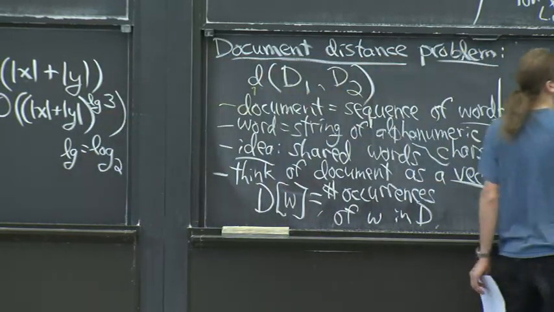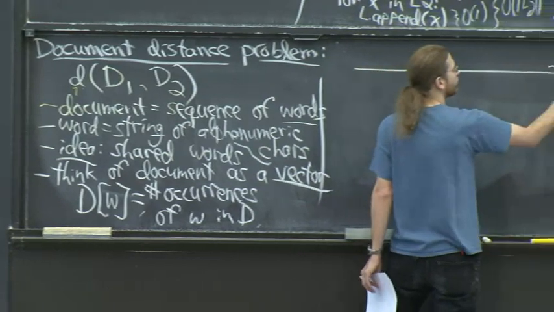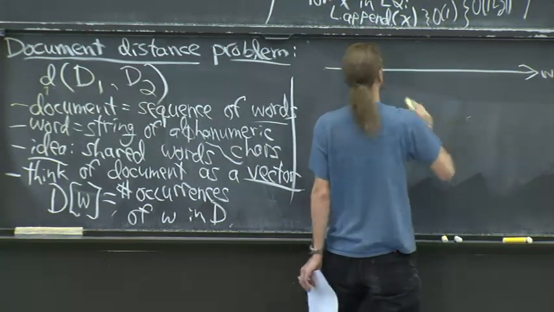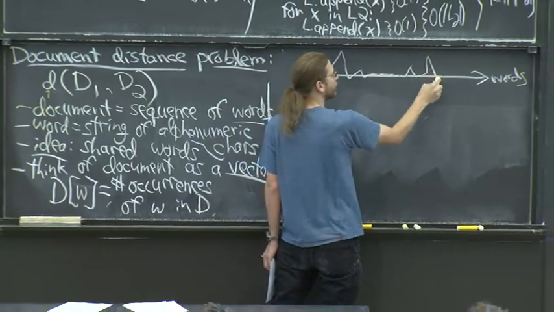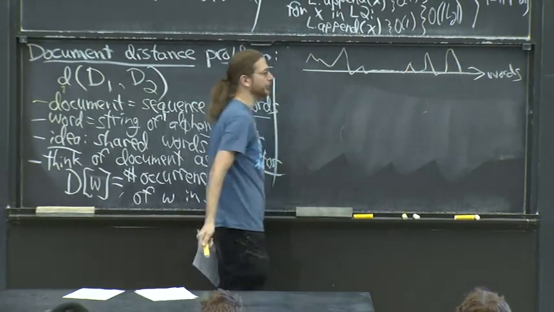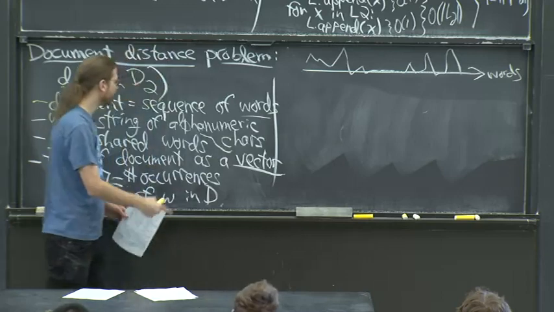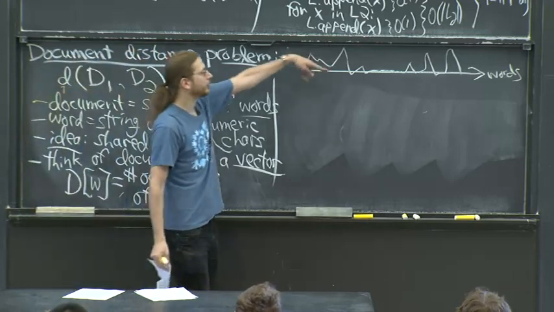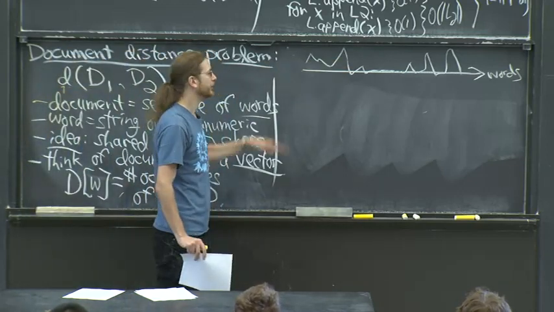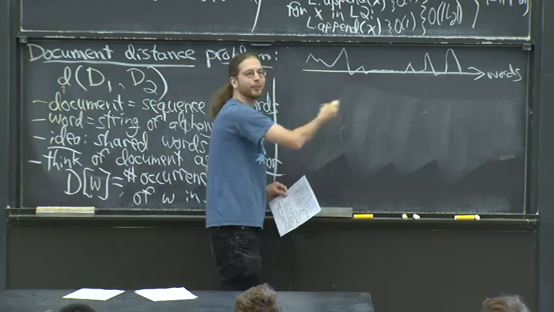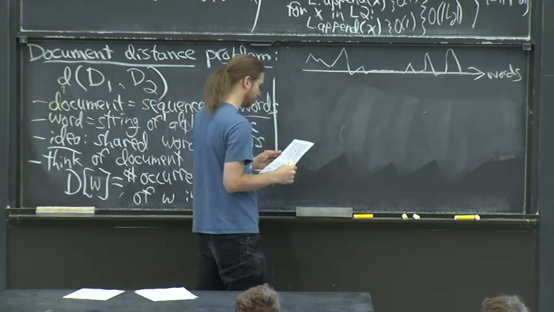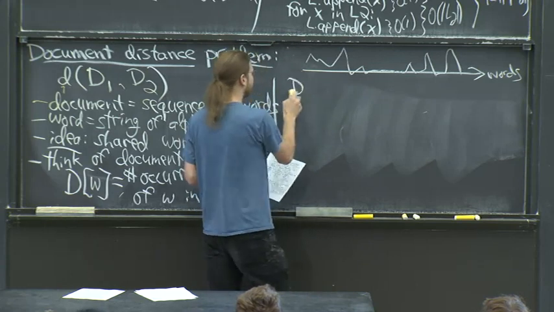The vector is indexed by all words, and for each of them there's some frequency. A lot of them are 0, and some of them have some positive number of occurrences. You can think of every document as being one of these plots on a common axis. There are infinitely many words down here, so it's kind of a big axis, but it's one way to draw the picture. So for example,